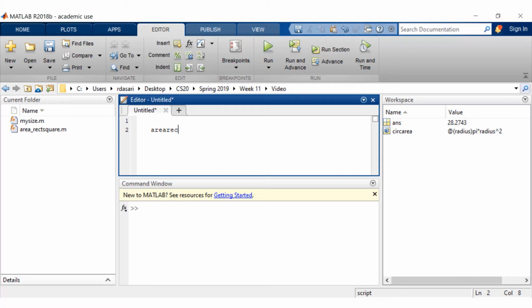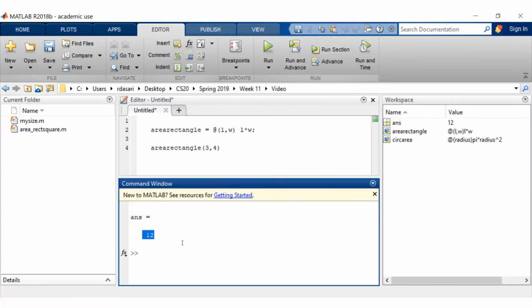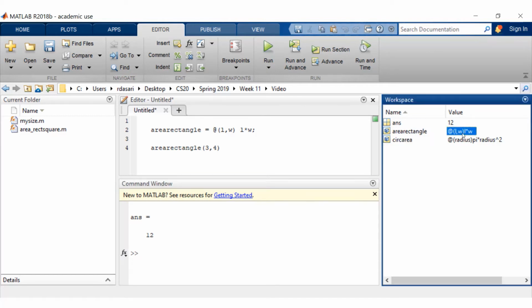Now let me write a function to compute the area of a rectangle. That would be area rectangle equals to @. Length and width are my input arguments, and then the way I evaluate it is going to be length multiplied by width. As simple as that. If I say area rectangle of 3, 4 and run it, it's going to evaluate it. So let's look at both of these